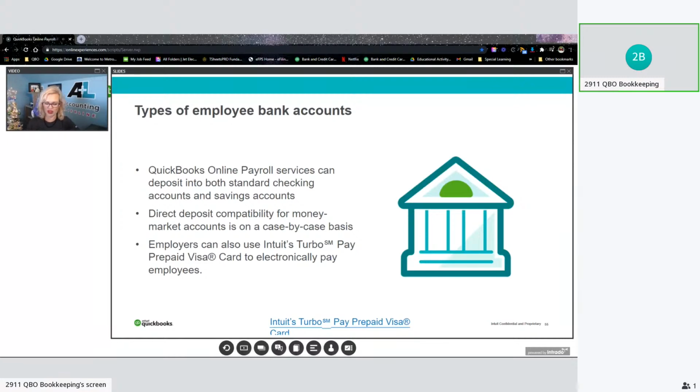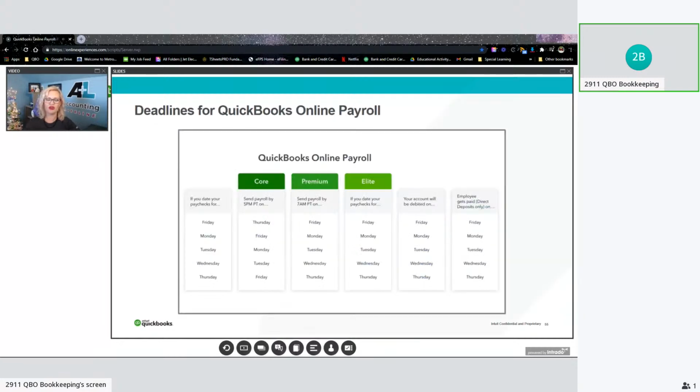And then that way that employee can use those dollars. So it's just like a paycheck, except they can use it and they have access to those funds. It works kind of like a debit card, or they could go and just withdraw the money. So lots of different options there. And here again, this is a blue hyperlink. Whenever you download these handouts, you're going to have access to those hyperlinks so you can navigate